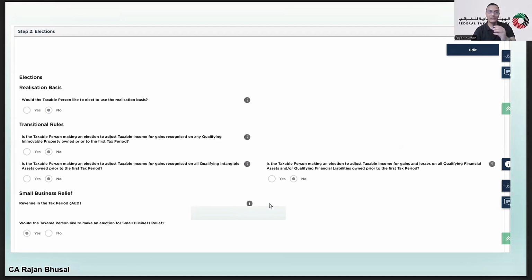So here is another point related to qualifying financial assets. Here also we are putting no. And for the small business relief, the revenue in the tax period will be auto-populated from the earlier figures we already put there. Here, will the taxable person like to make an election for a small business? Yes. This is the part where we are saying yes, we are doing the election for